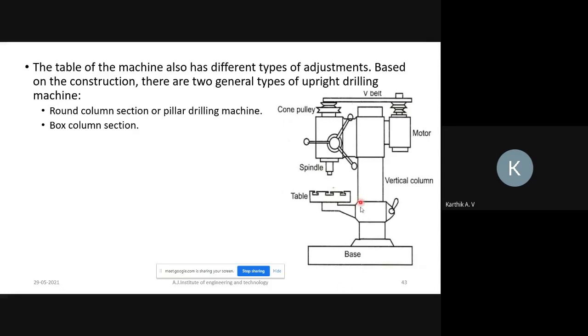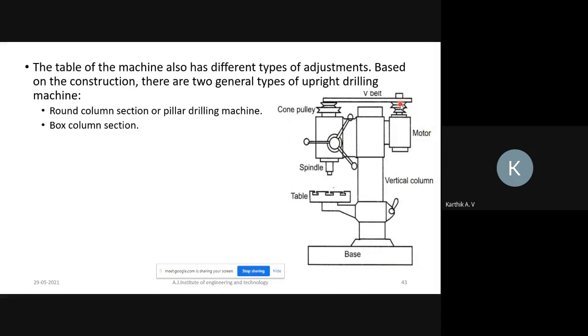So the process, everything is the same. Okay, this is a base. Base is made up of cast iron material, and this base is giving support to the column. The column helps support the work table as well as the spindle and motor. The column is also a very strong material, and you can move this work table upward as well as downward with the help of this vertical column, and the motor will rotate with the help of electrical energy.